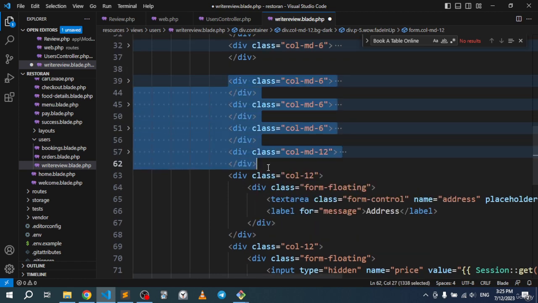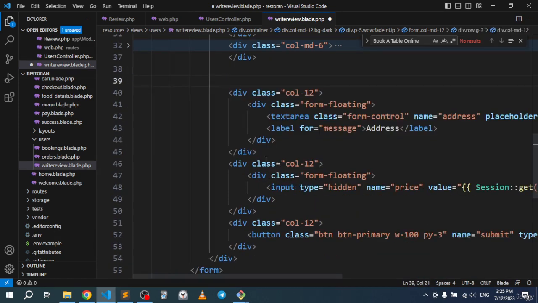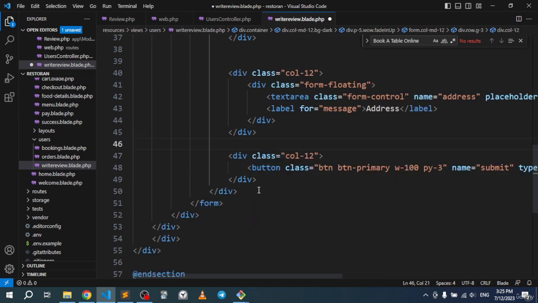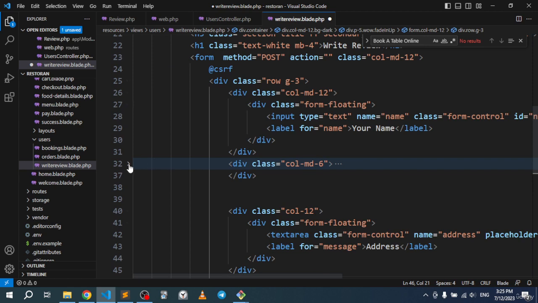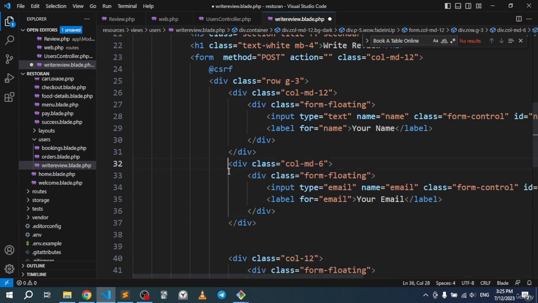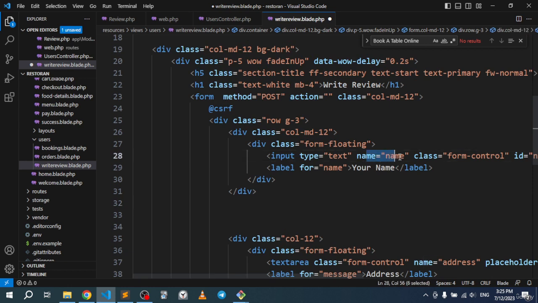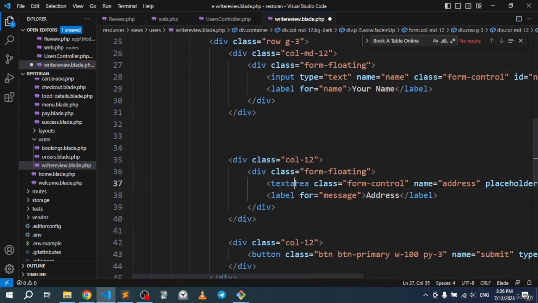All right, so let's delete all of these divs. And let's also delete this div, we do not need it. So this div right here is for the email. Delete it also. All right, so for this one, the name is name. That's fine. And for this one, the text area, I don't want the name to be name. I want this to be simply